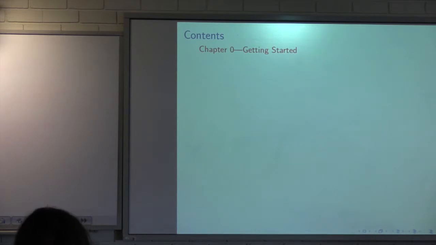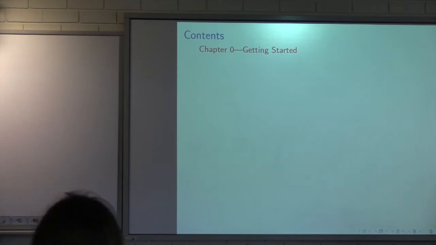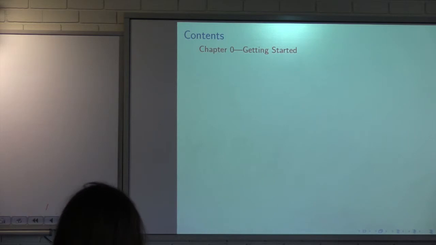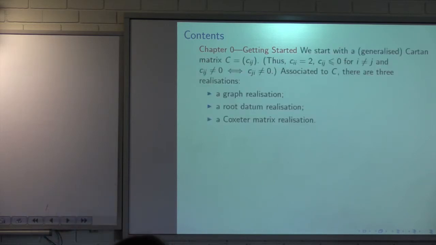We went to so many conferences in both areas, and we decided a long time ago that we should have a book. It took too long to complete. Our book started with basically five parts. We start with chapter 0, which is Getting Started. We just try to summarize what I described before. We start with the generalized Cartan matrix, and I have the definition of the Cartan matrix.